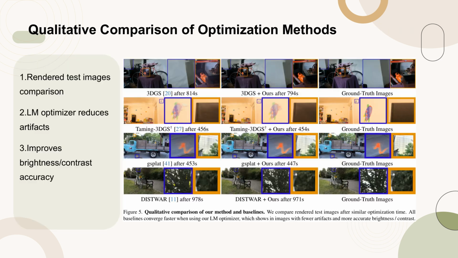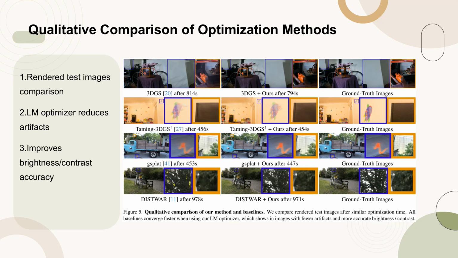Figure 5 presents a qualitative comparison between our method and various baselines in terms of rendered test images after similar optimization times. The key observation is that all baseline methods converge faster when integrated with our LM optimizer. This improvement is visually evident in the rendered images, which exhibit fewer artifacts and more accurate brightness and contrast levels. This comparison underscores the effectiveness of our LM optimizer in enhancing the quality of rendered images while maintaining or improving